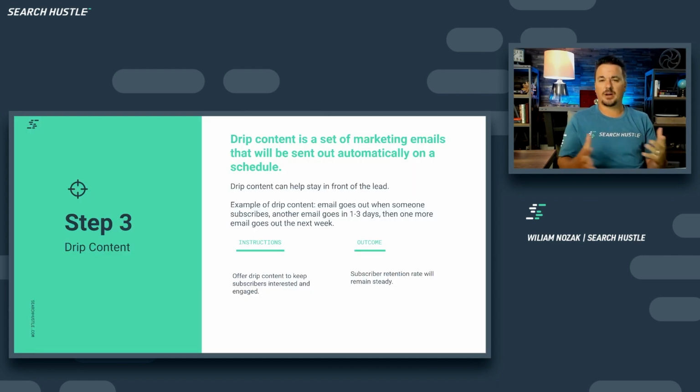Drip content. We can offer drip content from our blog. If you have a blogger that writes once a week, four times a week, depending upon what the people in your space do, maybe they write weekly or bi-monthly. It's super important to know what your competitors do, right? That's what we learn in our competitive intelligence reports, in our SWOT analysis, in our war rooms when we're like, hey, this is what they do. We should certainly do something similar or better.